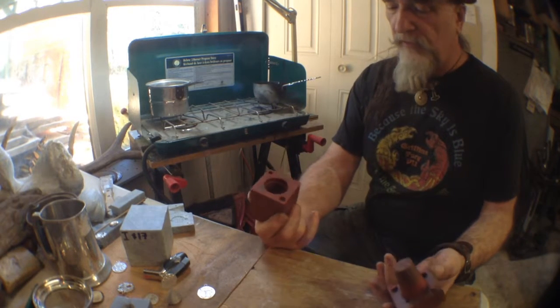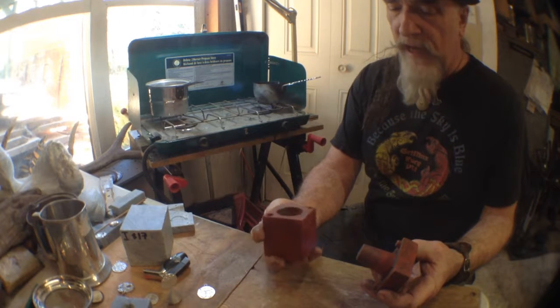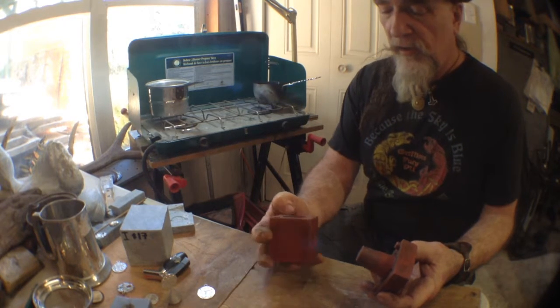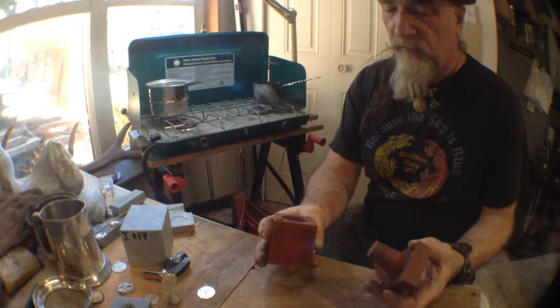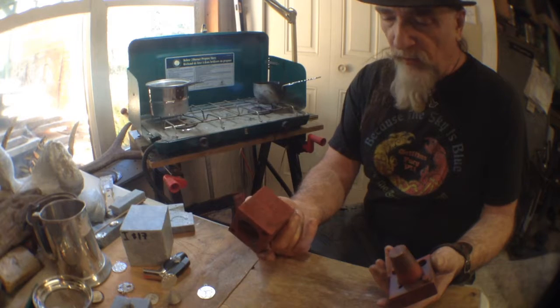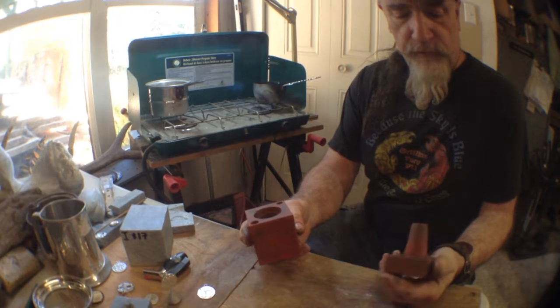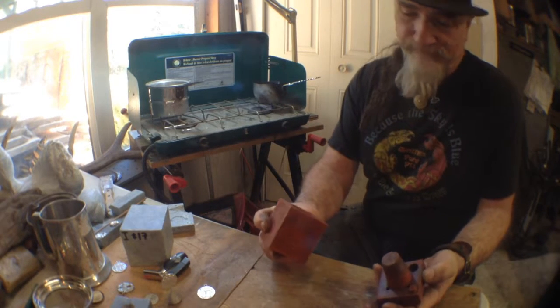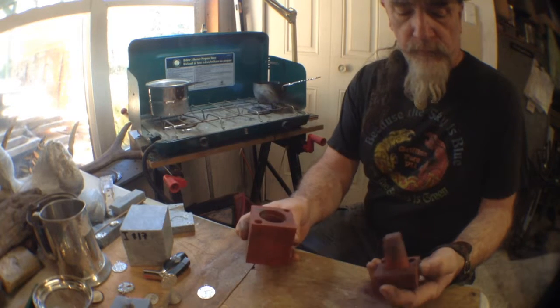What I basically do with something like this is I will make a master, and then I will send that master away to a factory, and at that factory where they make molds and they do bronze casting, pewter casting, all that kind of stuff commercially, for about $100 they will make me a vulcanized rubber mold. Now this is good for pewter, silver, probably gold. I don't know if I could do gold in this one, and probably not, but silver and pewter for sure,